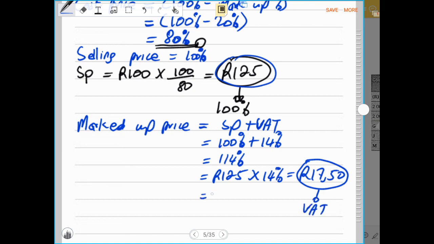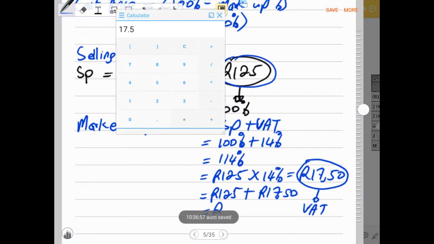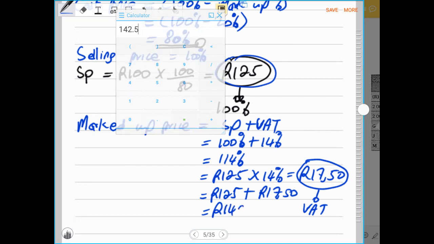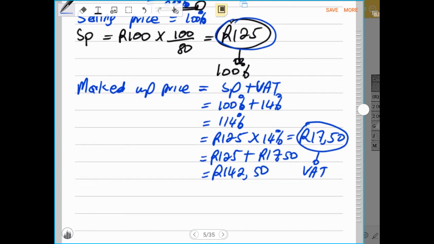Then after, we say our selling price is 125 plus 17 rand 50 cents, the amount of VAT. Therefore now we say plus 125, this will give us 142 rand 50 cents. This is what we were required to do. Our marked up price is equal to